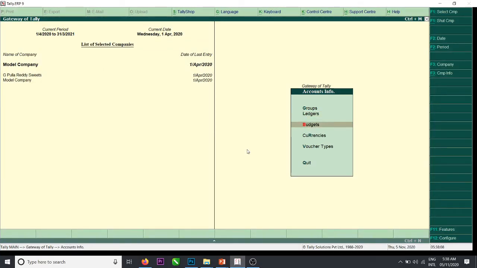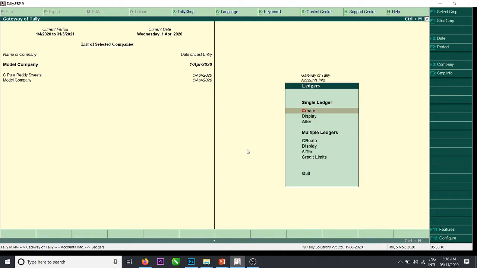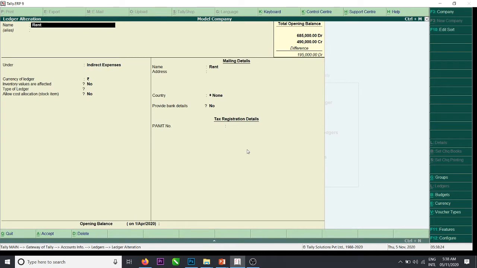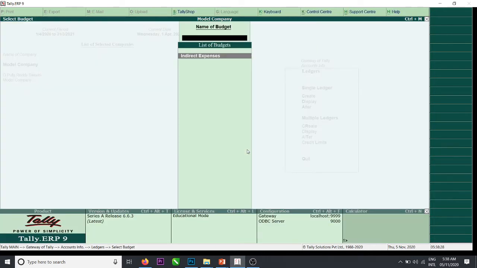Ledger creations. Budgets already enabled through features. Accounts info, ledger, alter ledger, rent is there. Is Control B available? Yes.